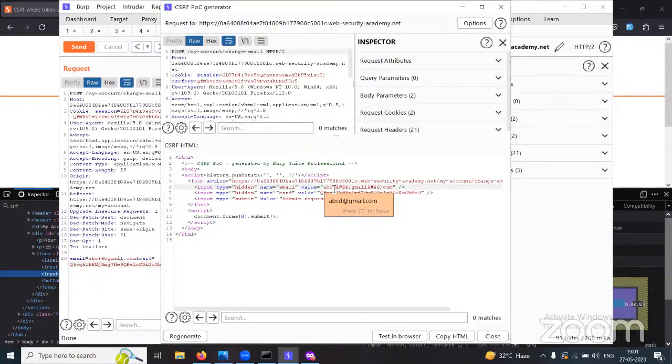And we need to make some changes here. What changes do we need to make? Instead of the script tag here, we have to remove it